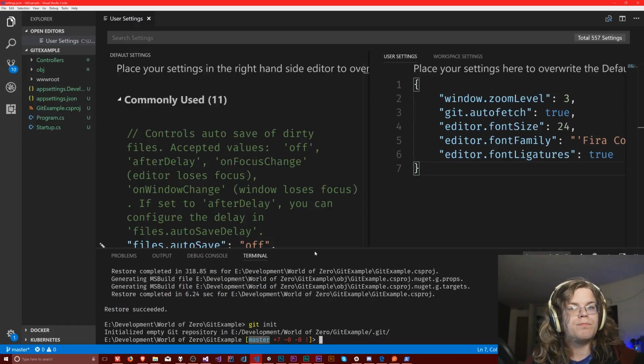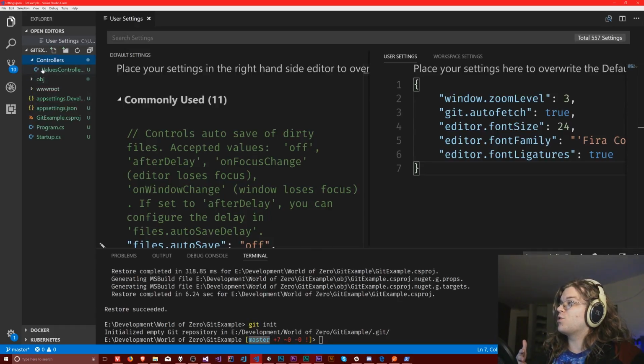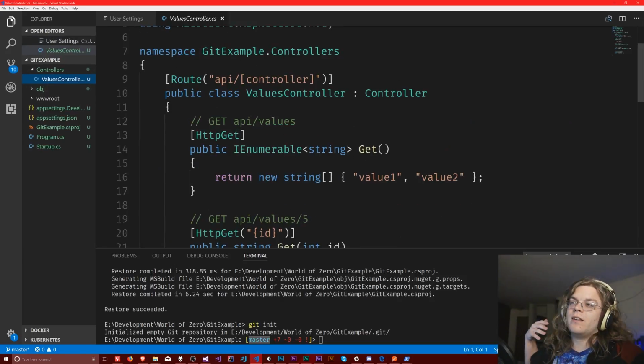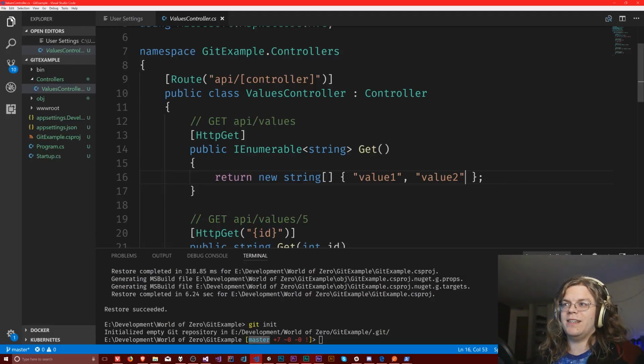And then as you develop things, let's say we want to change how our response code is. In this case, we have, say, controllers. It's got a values thing. Let's say we want to add value 3, so that gets returned as well. We could create a branch that says